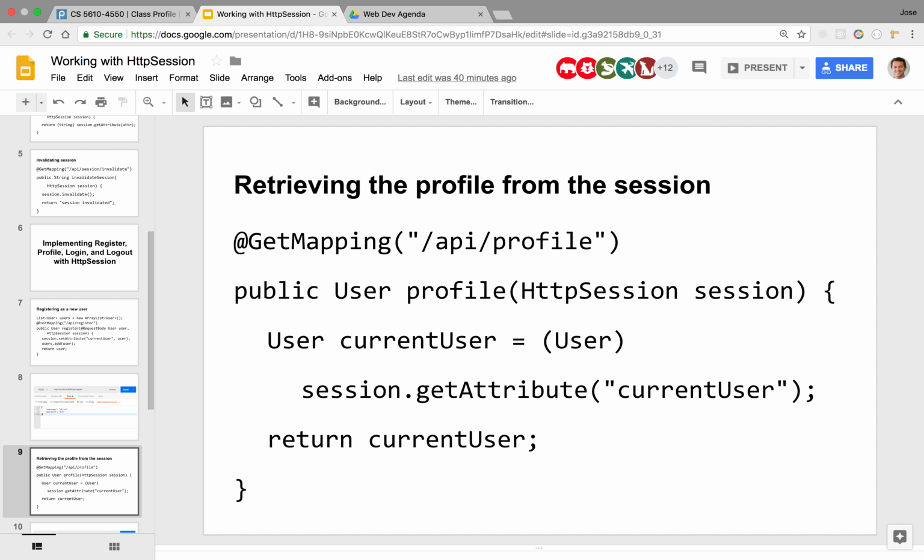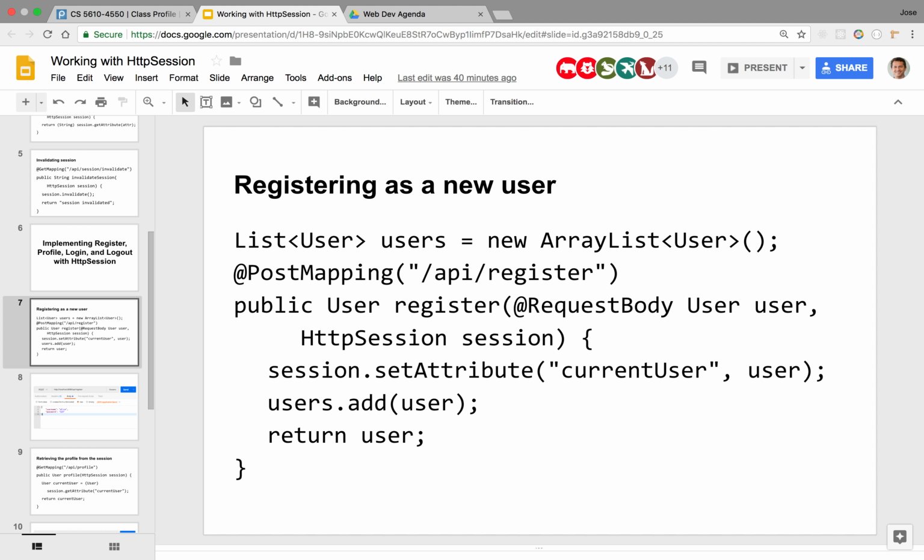So what inversion of control tries to do is to simplify the management of the lifecycle of certain very special objects. In this case, the HTTP session. We don't want to handle the lifecycle. Instead, we're asking the framework to instantiate it for us and pass it to us. Same thing when we were parsing out these user objects, these parameters. This request body is actually parsing the HTTP request. It's parsing the body, converting it from JSON into an instance, instantiates the user object, and then passes it to you. So there's a lot of magic happening